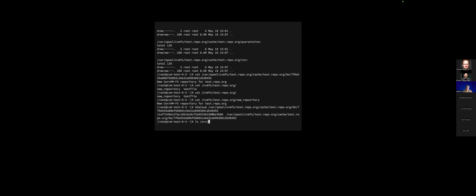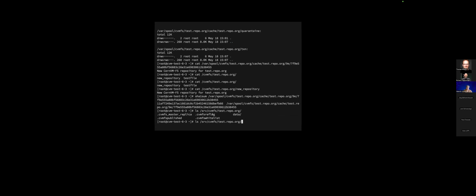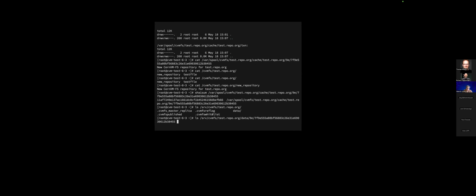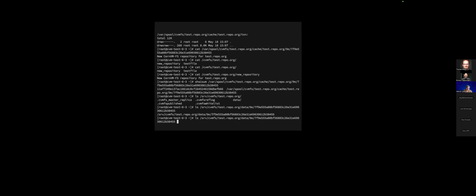So here, I'm guessing that this would work. Data, and then we have 9. Right, so this file, in principle, we should be able to first